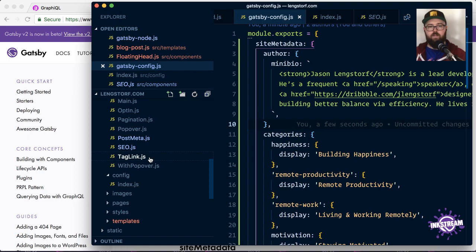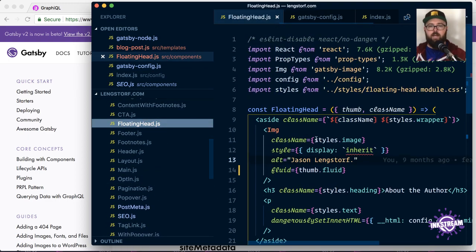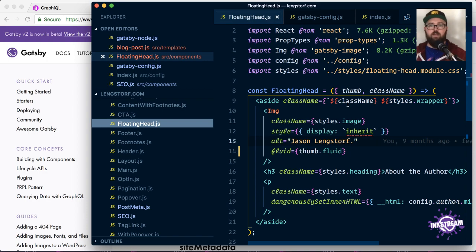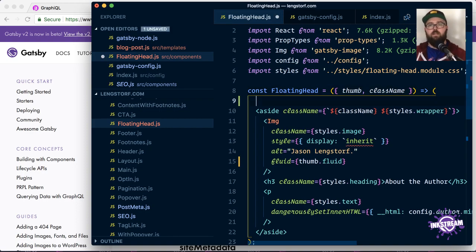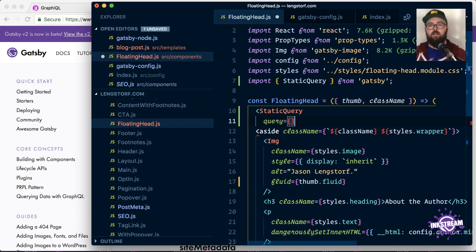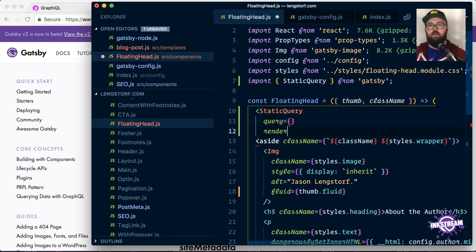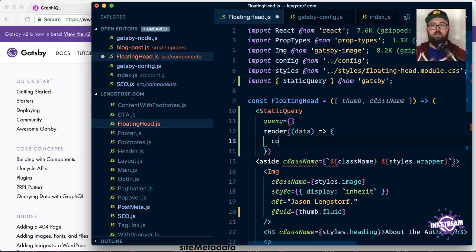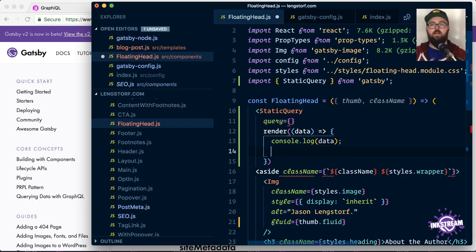So we're going to do something fun here. We're going to use a static query to get at what I need. So let's do that by, you know what? Let's actually get rid of this. So we need a query, right? And then we need a render, and that render gets data, which, does that need to be wrapped like this? I think it does. I actually can't remember, so let's console log what comes out first,